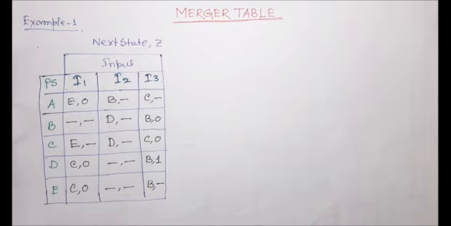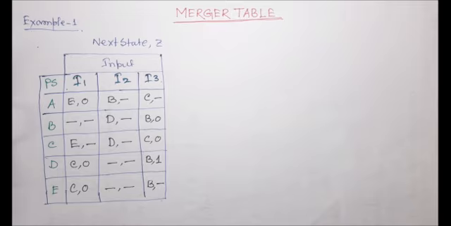Now the question is, how do I draw the merger table? It is a table, so you can think of it as a matrix. We already know how to draw a matrix table, with rows and columns, but here we will think of it as a triangular matrix. So let me draw this. Let's consider this example. According to this example, I am just drawing the merger table.